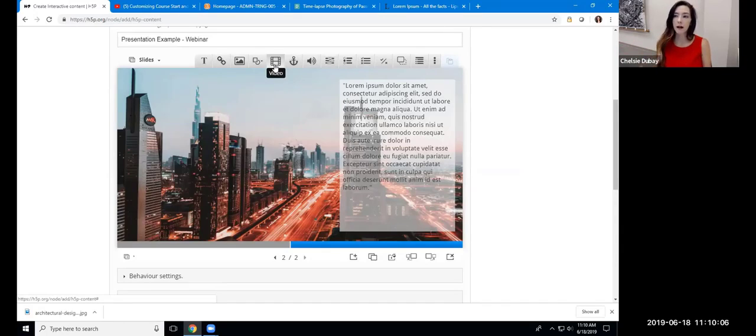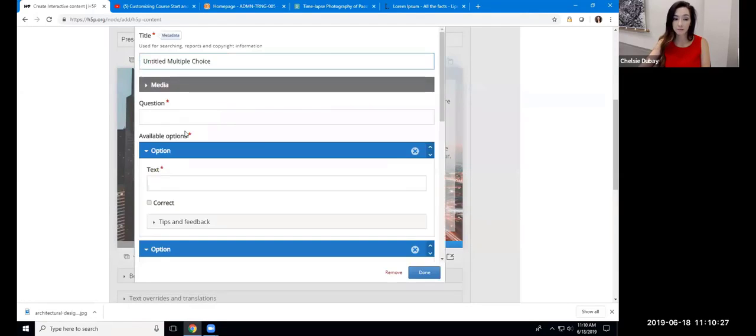YouTube video, because if you've worked with PowerPoint at all, you know that adding a video, you've got a 50-50 shot at it actually working when you put the presentation on, and I don't like those odds. You can add some audio. Again, I would use caution when doing that. But these interactions, like the multiple choice questions,